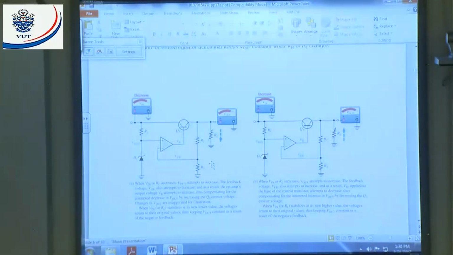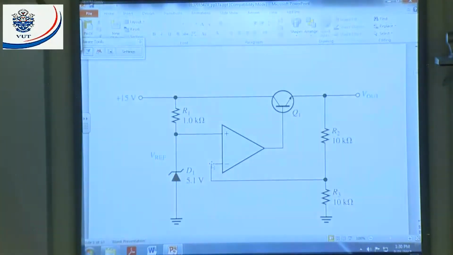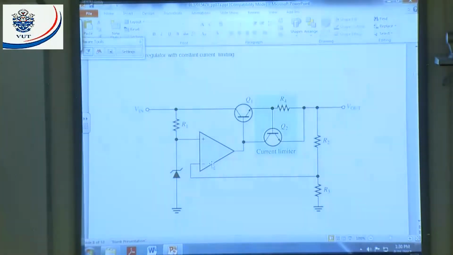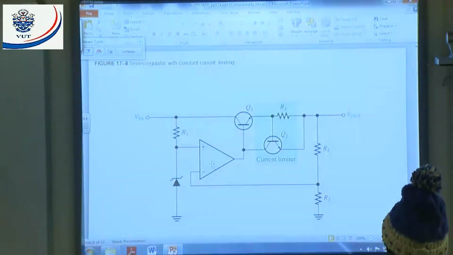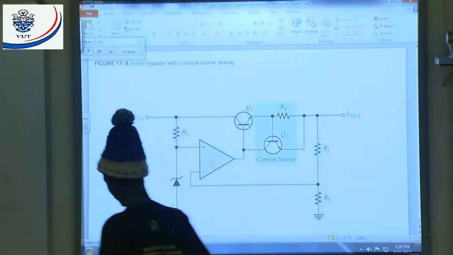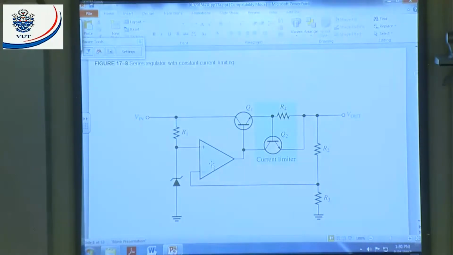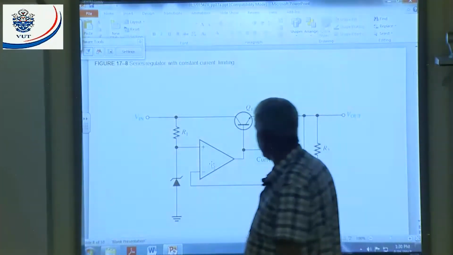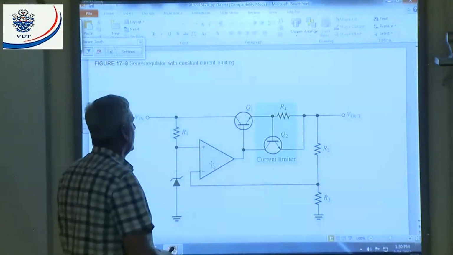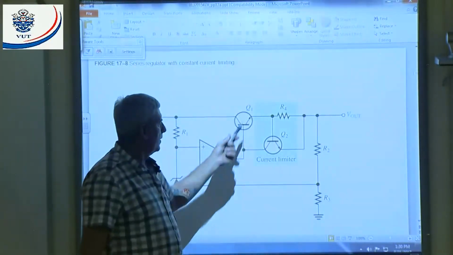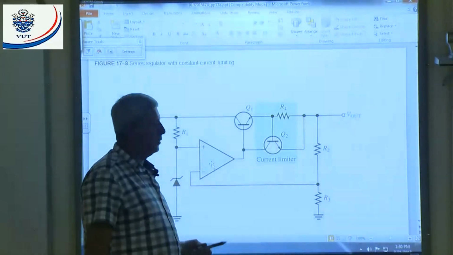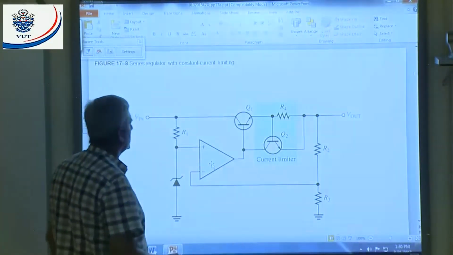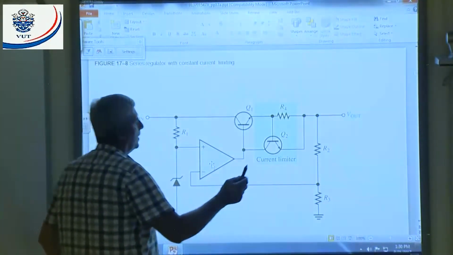All right, short circuit and overload protection. All right, here in this circuit, it's also a series regulator. The only difference, we put this basically in, they talk about a current limiter. How does it work? Let me quickly show you how it's going to work. Now, if I put a load here,